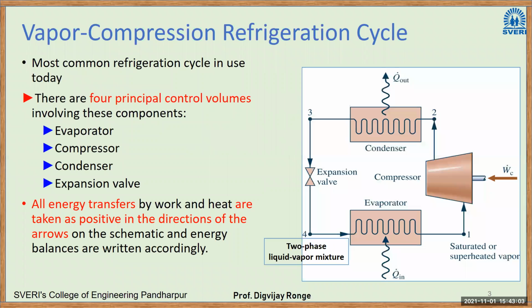Okay. So this is the basic vapor compression refrigeration cycle that we all are aware of, right? So it has an evaporator, then it goes to the compressor, then the condenser, and then expansion. All the objective of the refrigeration takes place in the evaporator. It extracts the heat, and the heat is released in the condenser, right?